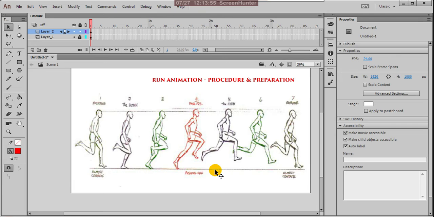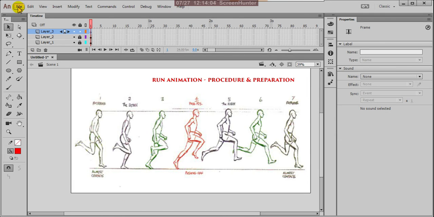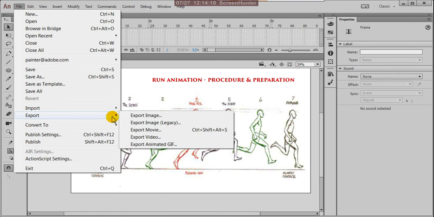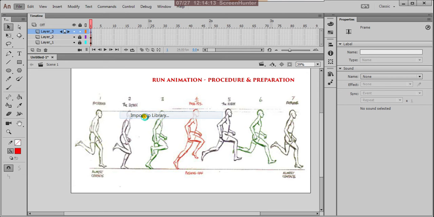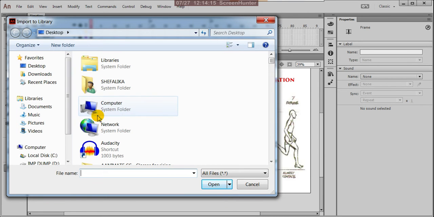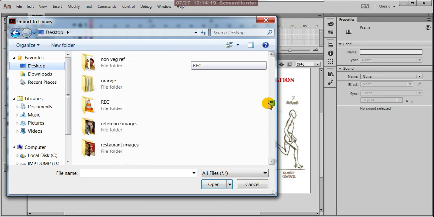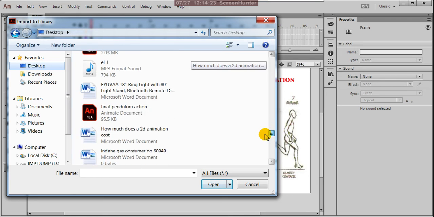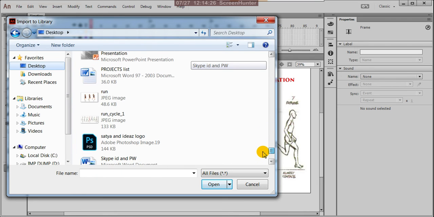So what we do here, I have one reference image. So here I'll take one more pose. I'll get one more pose. Suppose import to library, from the desktop. So there will be one more pose.